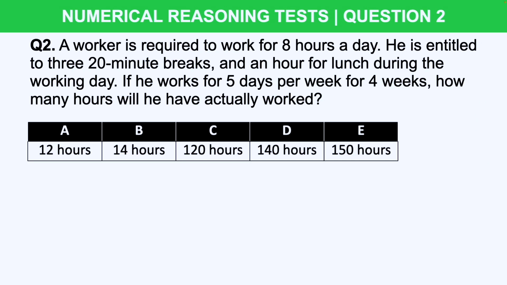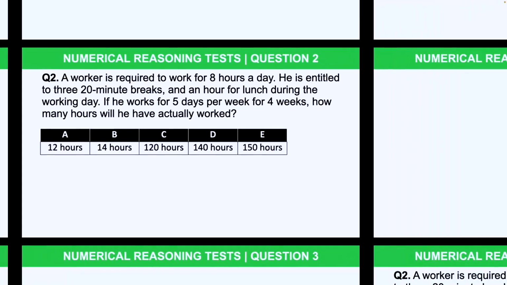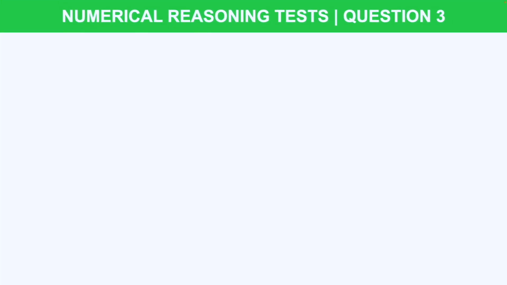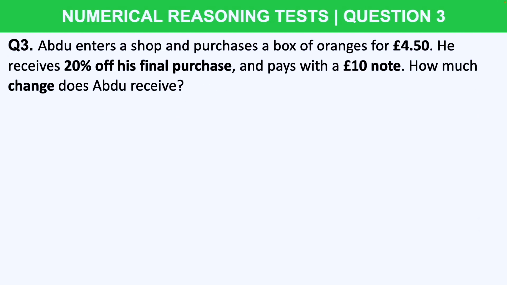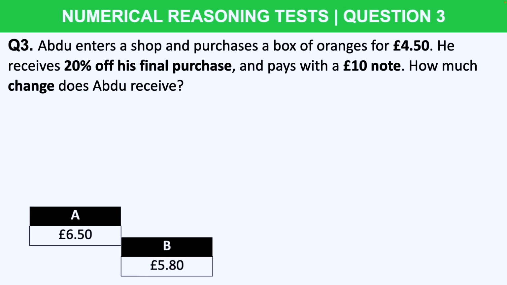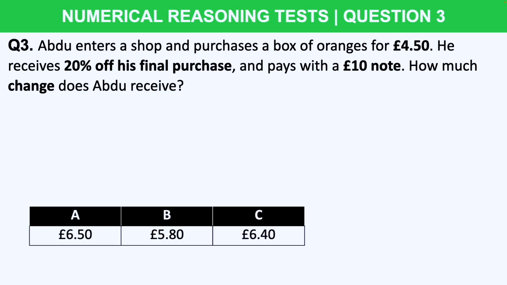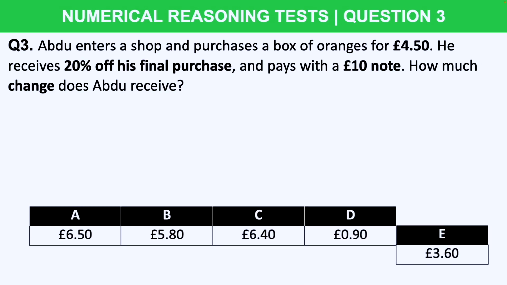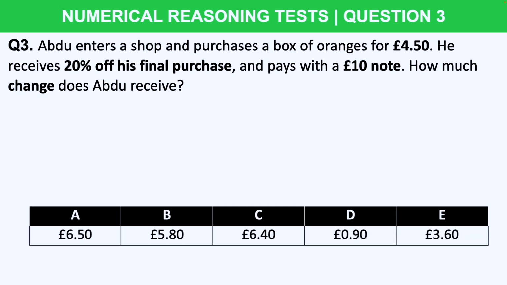Okay, let's move on to a similar numerical format style to that of the ALDI numerical tests. So question 3 is this. Abdu enters a shop and purchases a box of oranges for £4.50. He receives 20% off his final purchase and pays with a £10 note. How much change does Abdu receive? Is it A, £6.50, B, £5.80, C, £6.40, D, 90p, or is it E, £3.60? Now let's work this out together and then I'll give you a couple of practice questions to try